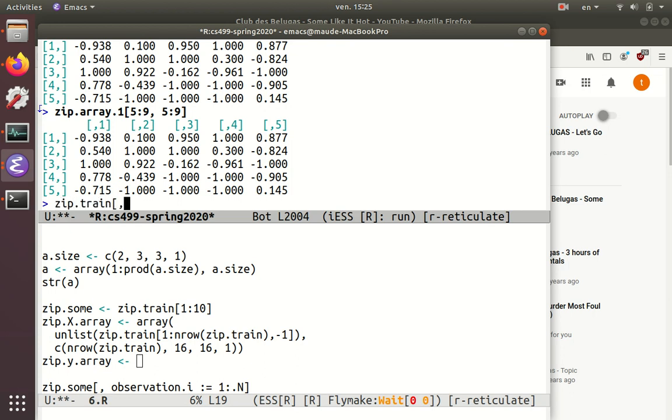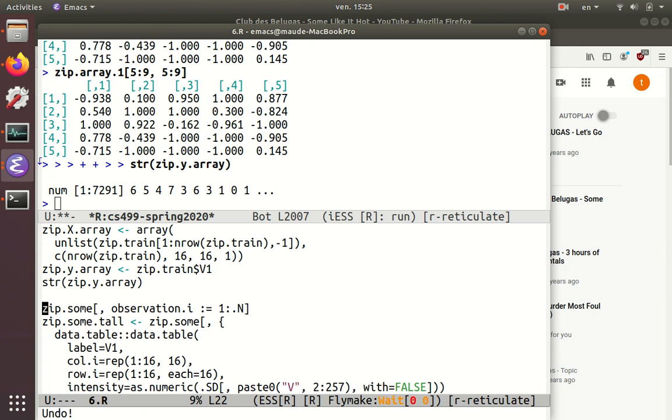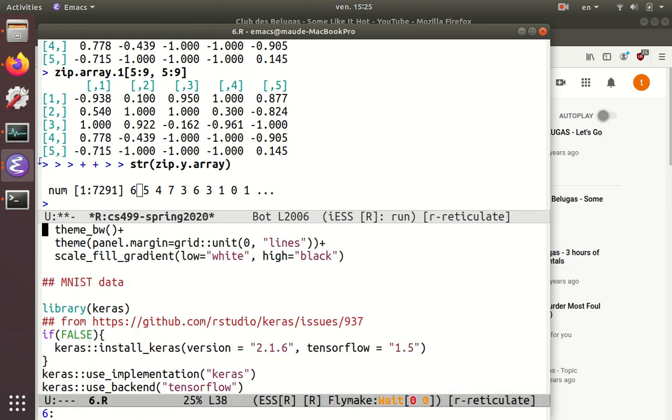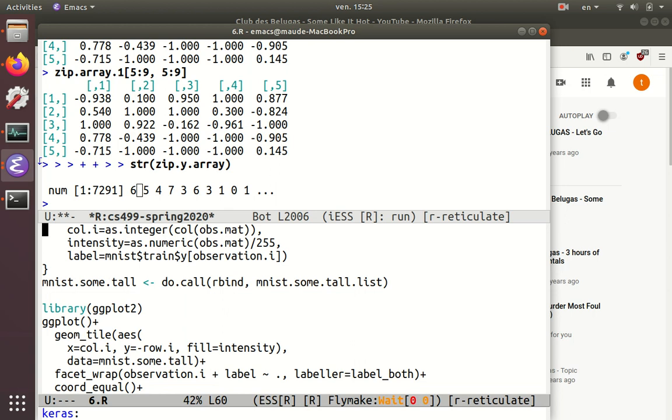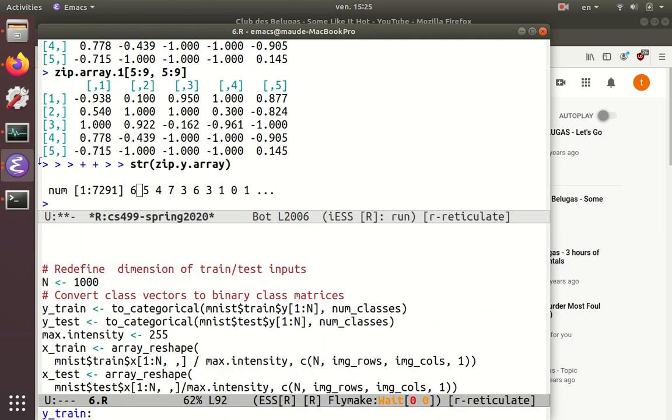So zip train v1, I think it was, right? If you do that, then you have zip y array, which is just this numeric vector of labels, and then what you would do to pass it off for training is the same thing that we did